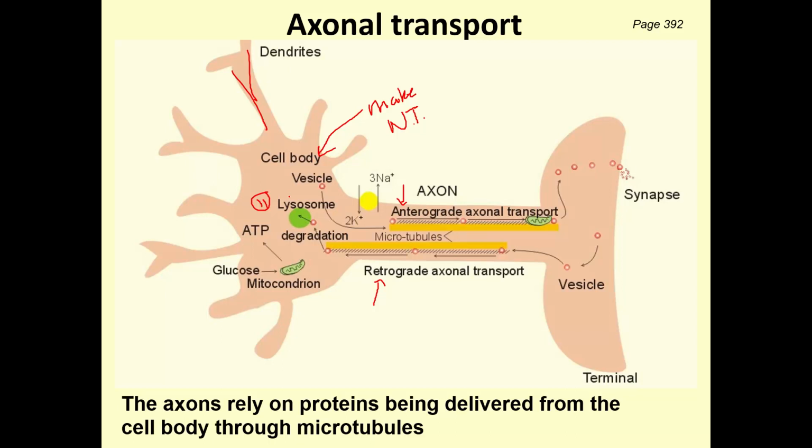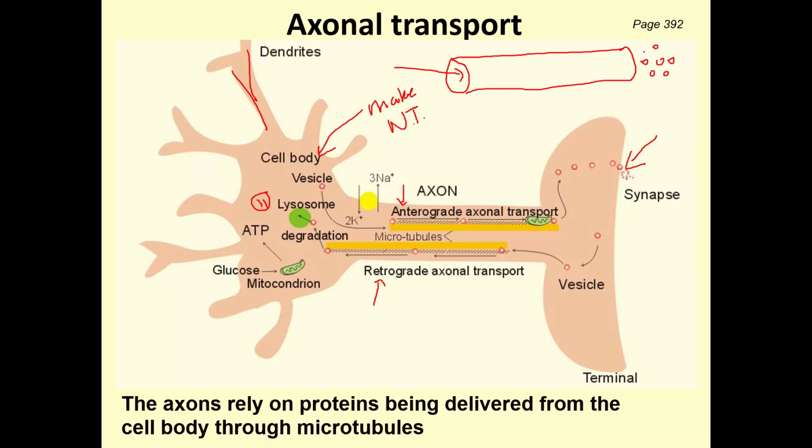So now, where do we need those neurotransmitters to ultimately be? We need them to be down here in the little vesicle, ready to come out of the axon terminal for the synapse. So how are you going to get your neurotransmitter from here, the cell body, all the way down to here, where you need it? You put it into a tiny tunnel, and the tunnels are called microtubules, which you heard about earlier when we were talking about cells in chapter 3. So basically you put your neurotransmitter into the microtubule, and then it pops out the other end.